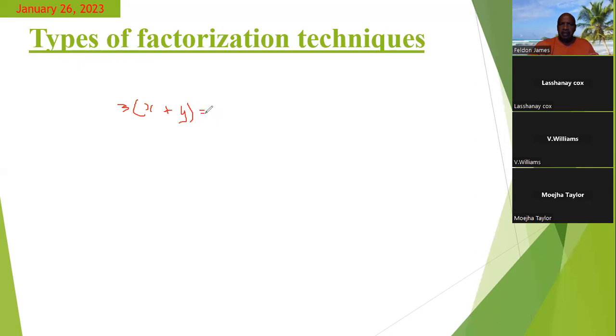When we expand that, we get 3x plus 3y. Now, the factors here would be 3 and x plus y. So the bracket is treated as a single unit. All right, now,